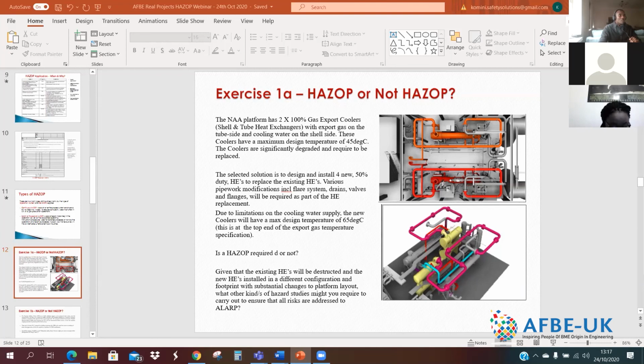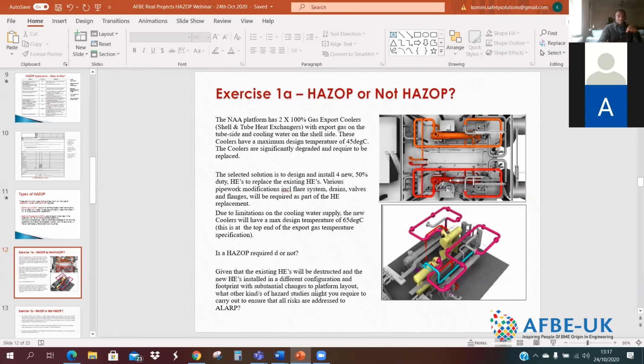So I'm not getting answers to the second part. If I was a safety engineer looking after that project, I would be doing a hazard study as well, based on the scale of the changes to the rest of the platform. The constructability aspect of bringing out the existing heat exchangers, putting the new ones in, all the pipe modifications and all of that. I'll be doing a hazard study generally to check that